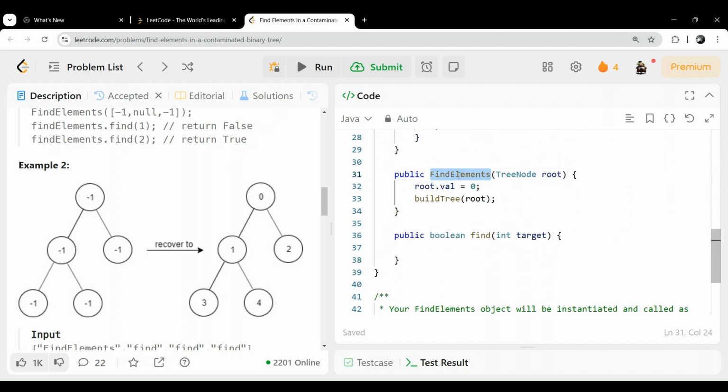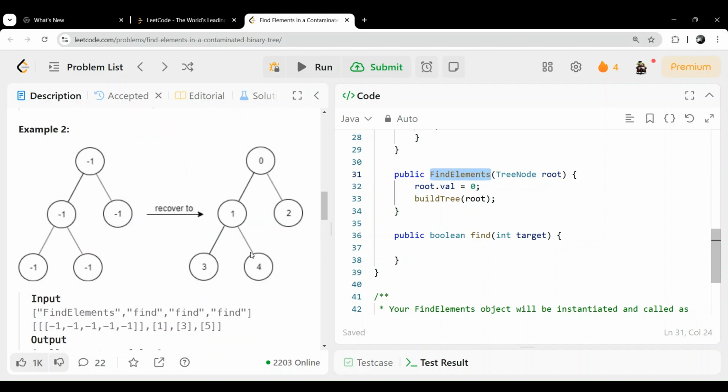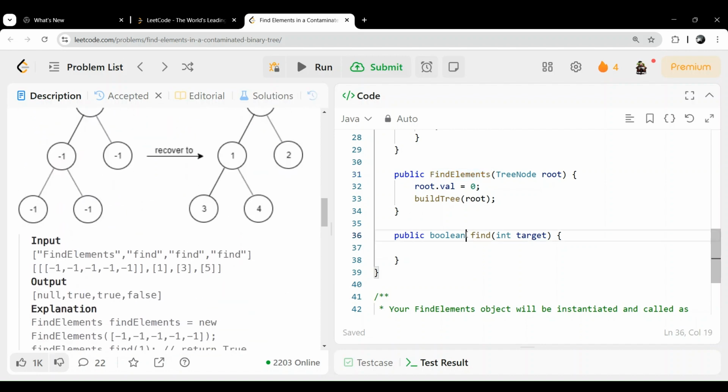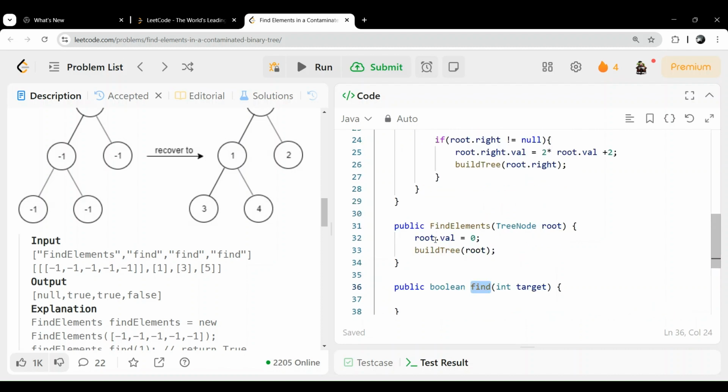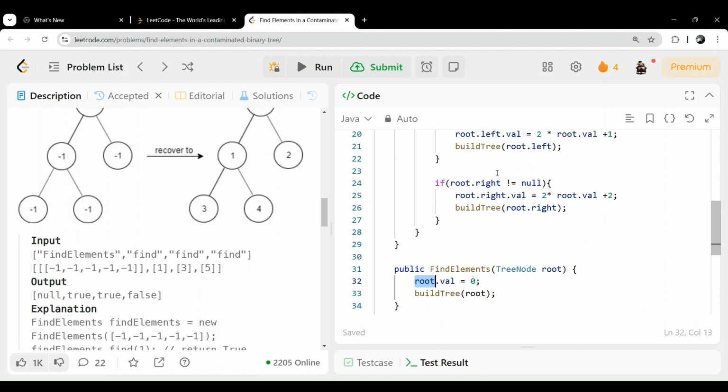Now for find elements: it will construct the tree, but when finding, instead of traversing the whole tree, why can't we use a hash set? Every time we only change the value, so we know the value. The first time the constructor is called, we build our tree, which has value -1, but we insert different values.